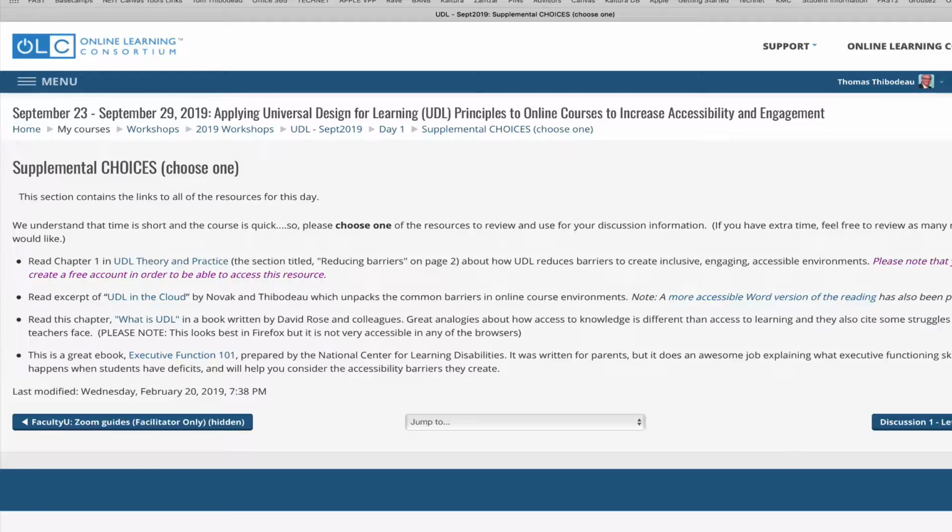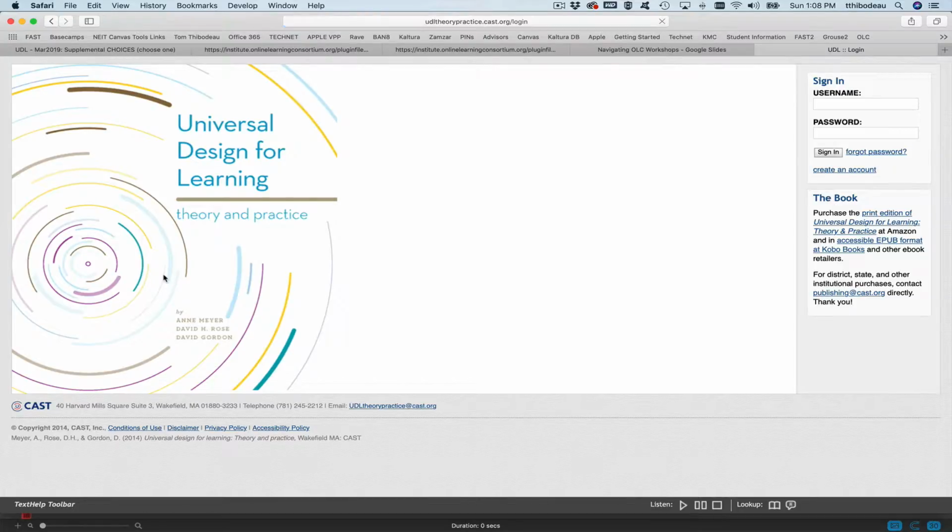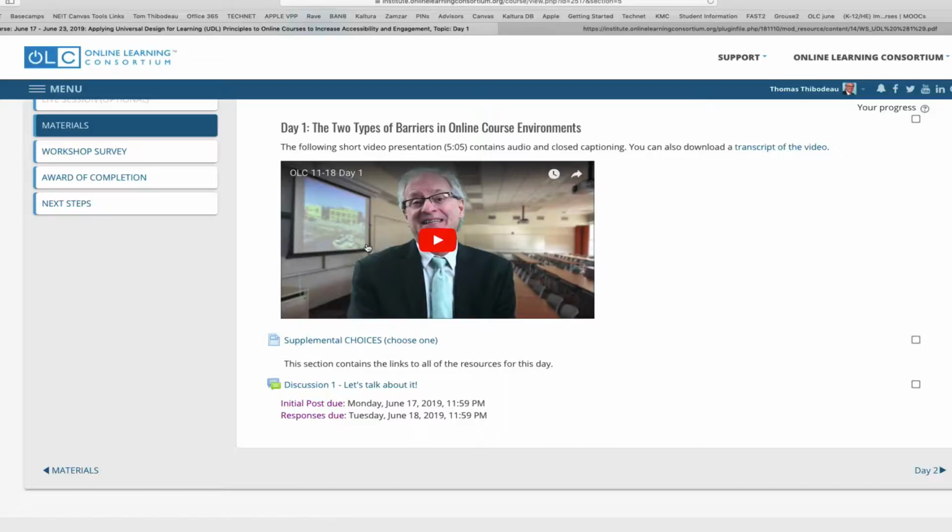The read one in the UDL theory and practice is one great way to start all this off. This book is free. All you have to do is create an account, and it will get you right from the creators of UDL, Ann Myers, Dr. David Rose, and David Gordon, the information on where this developed and how it is being developed based upon brain science. So after you have gone through that to see the supplemental choices, going back to day one here,